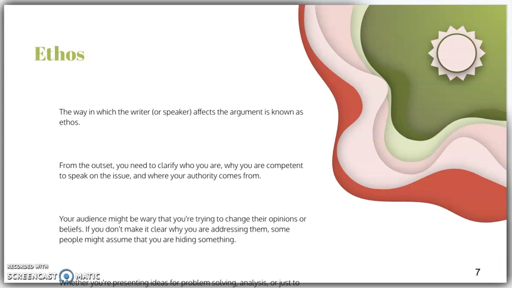So when a speaker is using ethos, they might be citing things that would make them a person that is good to talk about the topic. So maybe the 16-year-old starts out by saying, I have my PhD from a university in this one subject, and you'd be like, yeah, that's pretty good ethos. That convinces me of it. Or maybe you do it through other ways, but at the end of the day, ethos is convincing the audience that what you're saying should be listened to, that you have any reason to be talking about it.